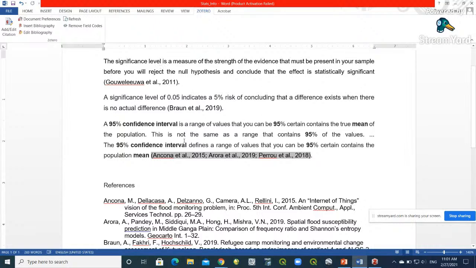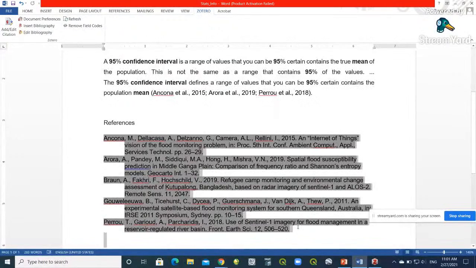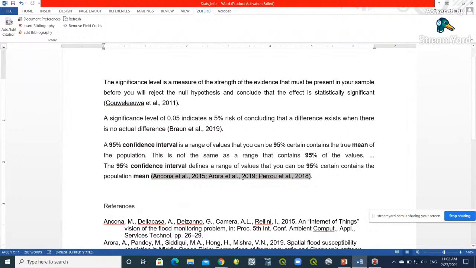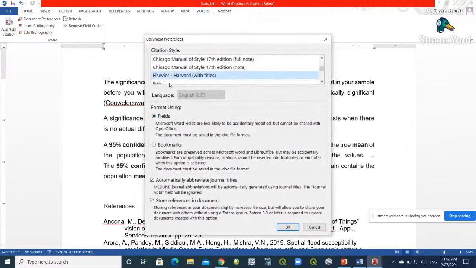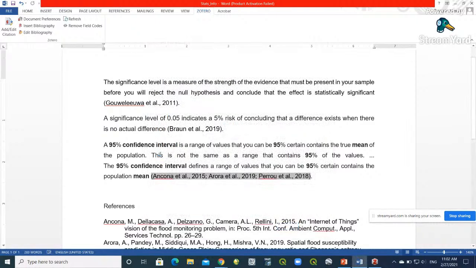Suppose you want to submit to an IEEE journal, and you need to change the referencing style, because every journal has its own referencing guidelines for bibliographical references. So you can move to here and select the format you want, in IEEE format. With just one click,